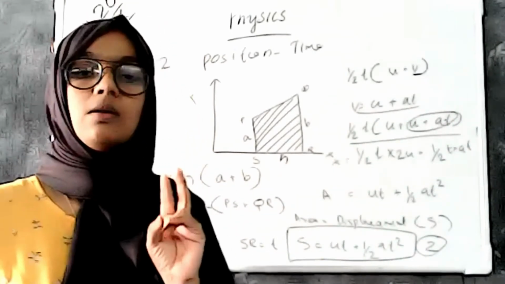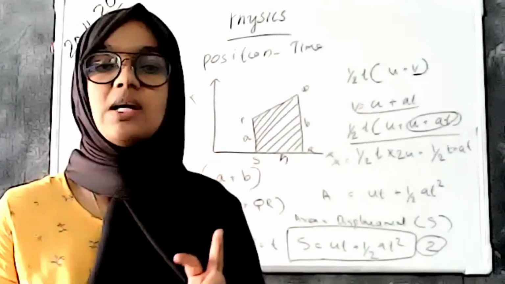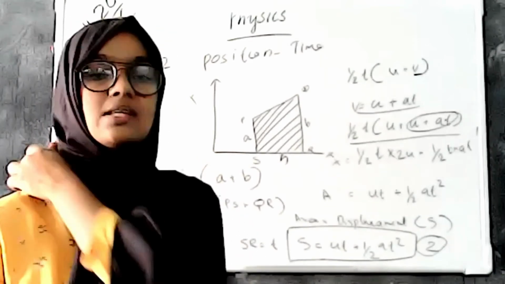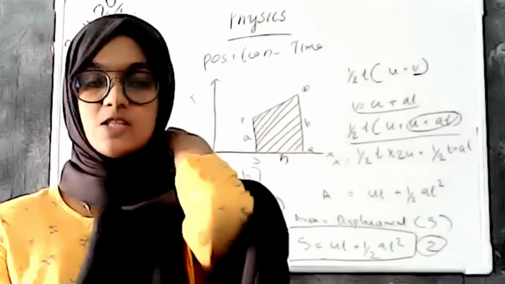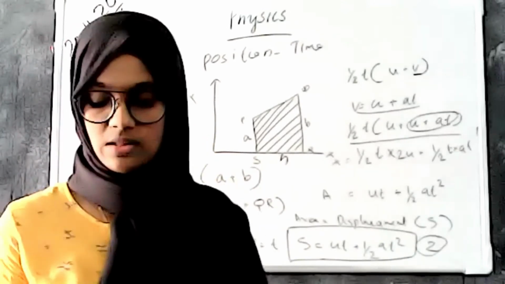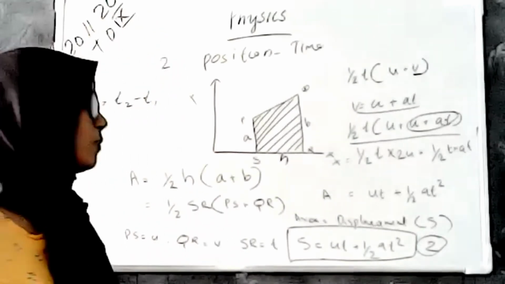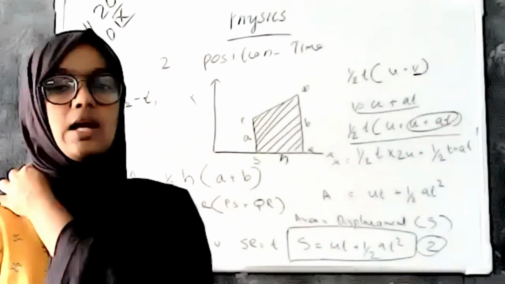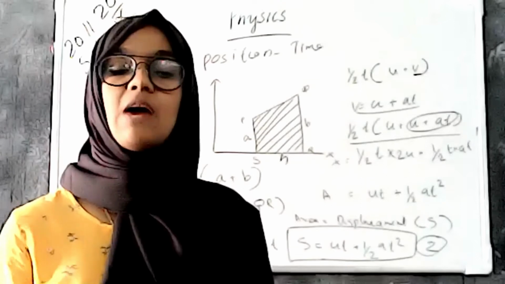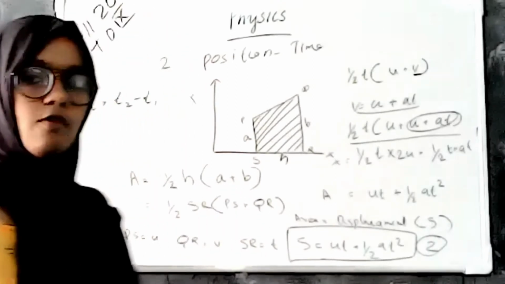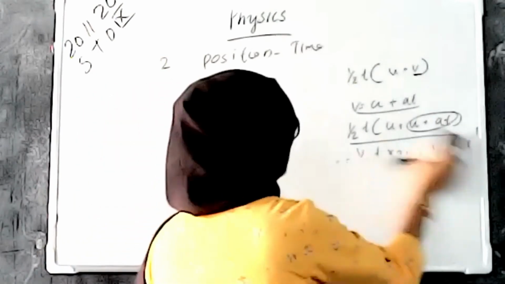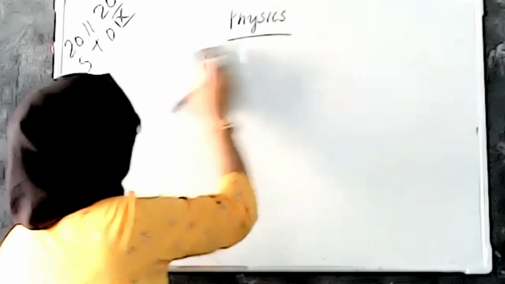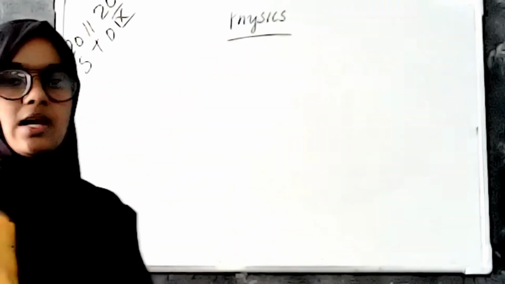So now we are deriving two equations of motion. The first one is v is equal to u plus at, using the graphical derivation. The second one is where we find the displacement, and through it we find the position time relation, and the equation showing that position time relation is S is equal to ut plus half at square. And we have one more equation, that is the third equation of motion. To derive it, we use the graphical derivation and some relations from the first and second.